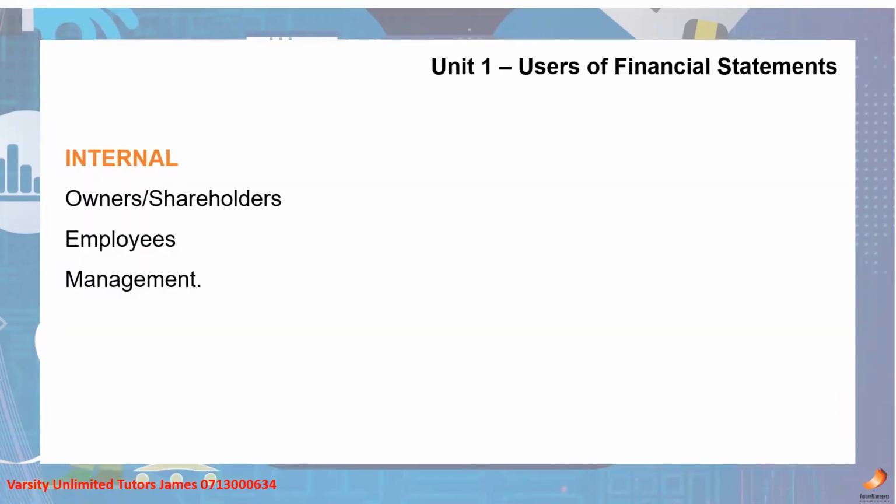Okay. Right. Thank you. So let's go to the next one, which is users of financial information, which in the study guide, I think it's 1.3, if I'm not mistaken. Right. So when you prepare financial statements, they are used by different people in the organization. So there are what we call internal users of financial information, and there are what we call external users of financial information. Then there are some people that are under internal and also under external. It's very confusing sometimes. Right? So I'll start with the simple ones.